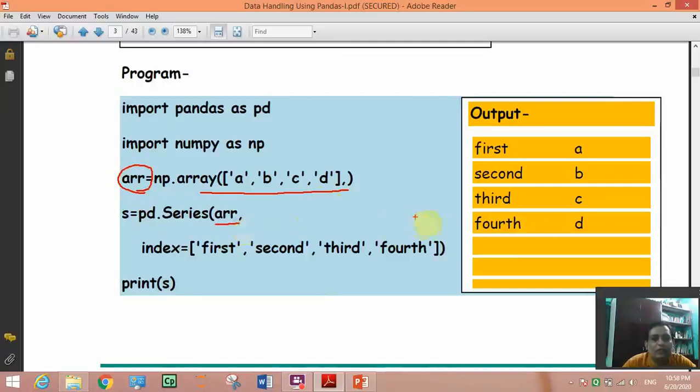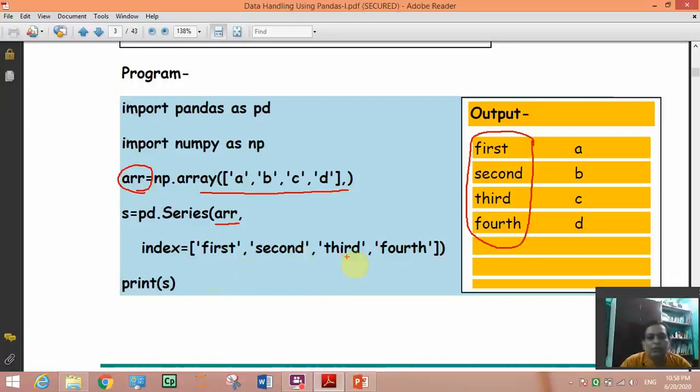And here one thing you see, instead of 0, 1, 2, 3 index, we have given index in our own form. We can give our own choice of index. You can write first, second, third, fourth, 1, 2, 3, 4, like this.